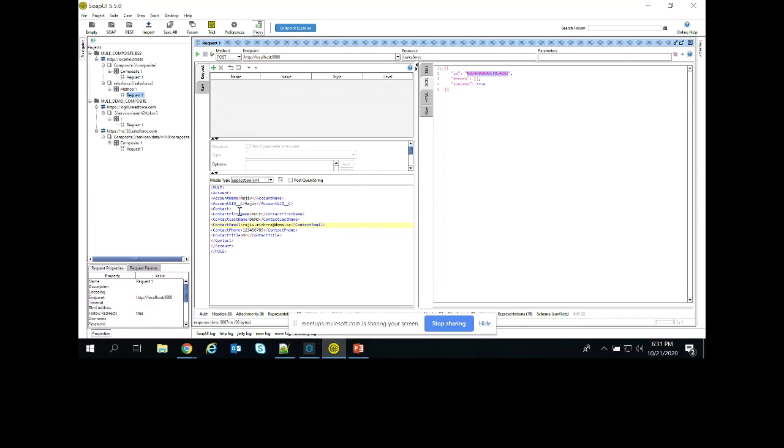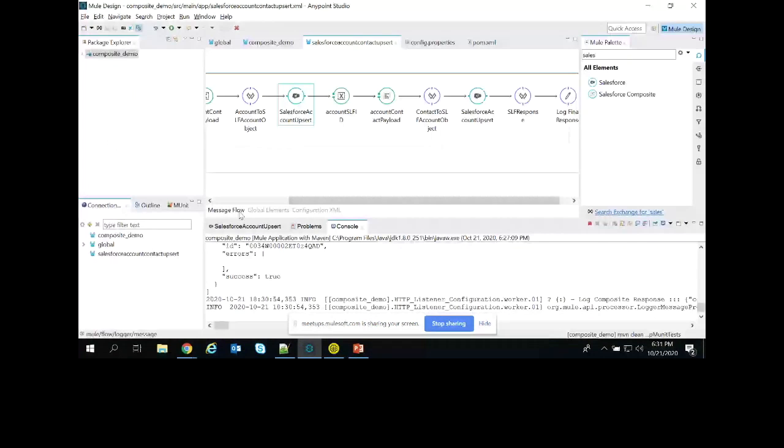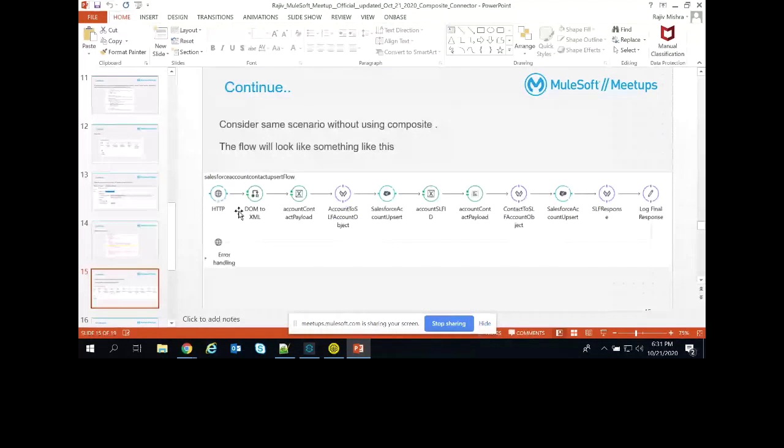In that case we have to do so many transformations, and there are so many hits to Salesforce, and it comes with a cost. Whenever we are hitting Salesforce, that is the basic difference for why we should go with it. I personally feel we should go with the complete connector. It saves our time, we can hit Salesforce in a single go, it saves our cost as well, and the performance is much better.